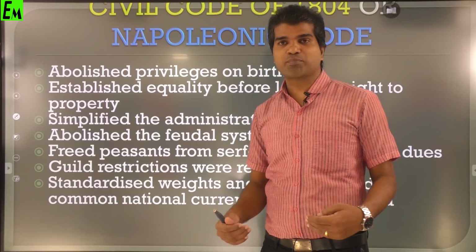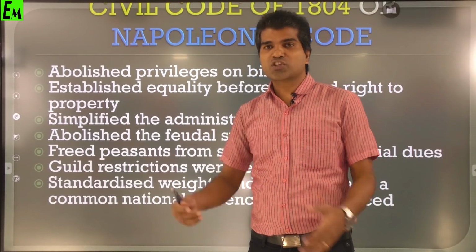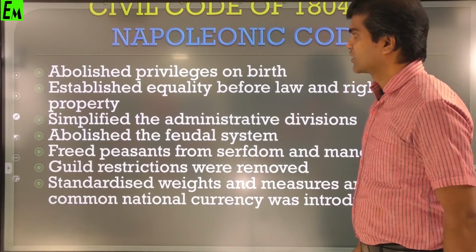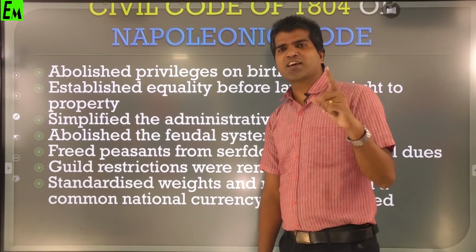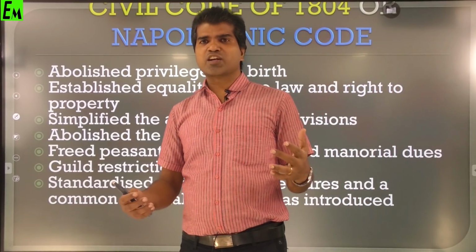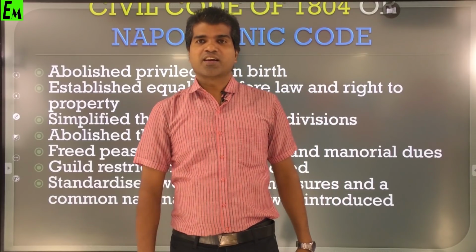After he has taken up the charge of France, he has made certain changes in France. Which all are the changes he has introduced? He abolished privileges of birth. The first thing he has introduced in the Civil Code of 1804 or Napoleonic Code is that he has abolished